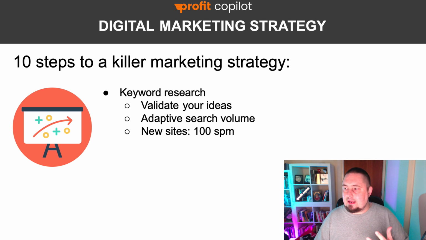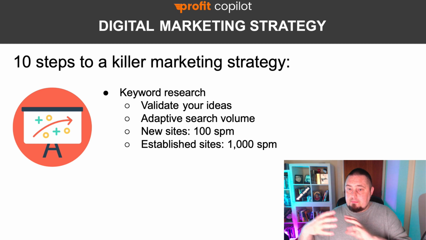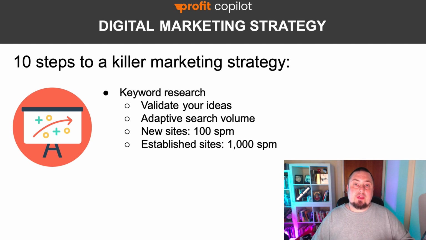So remember that 100 people a month is better than no people a month. So we have to start small and increase. So when your website is established and you know that you can rank for content, you know that your marketing channels are in place, everything's good, then you move up to targeting 1,000 searches per month. And then you go on from there.